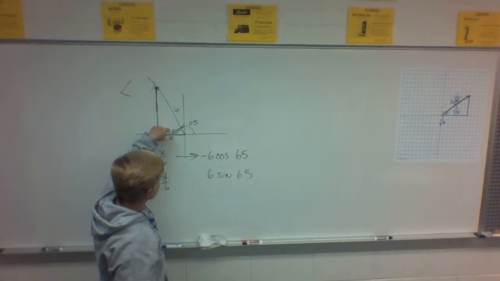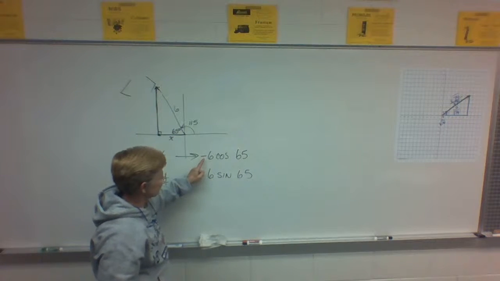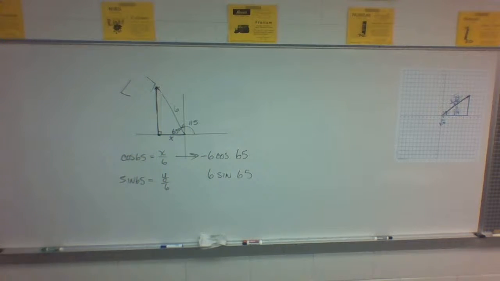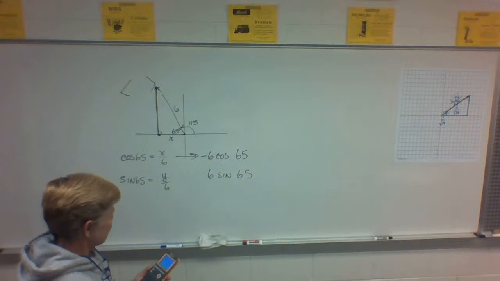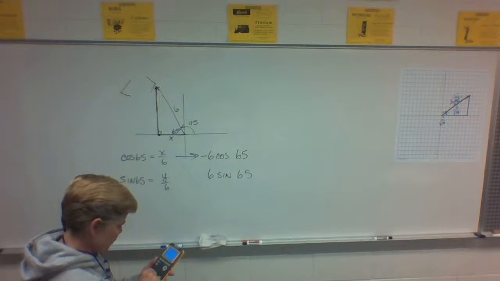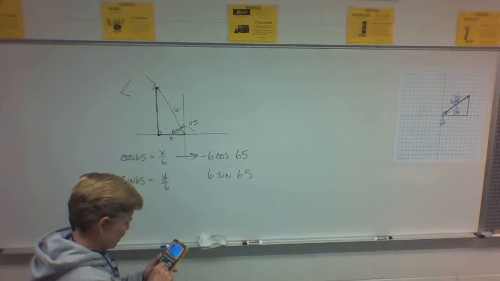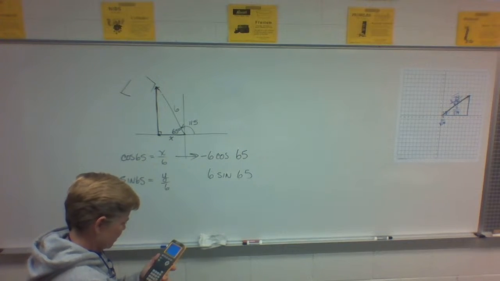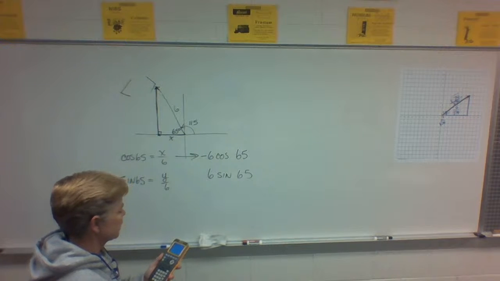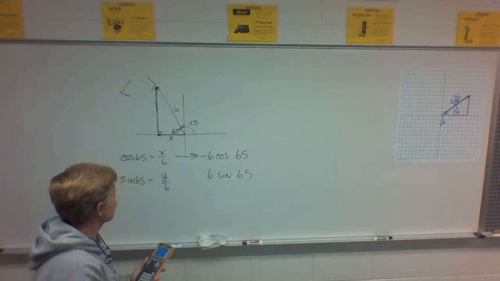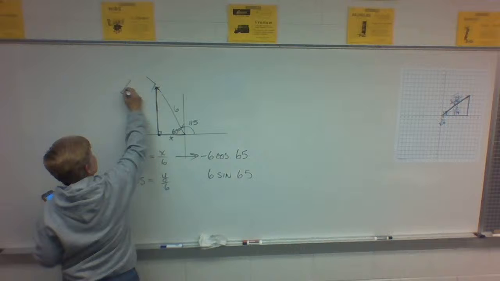Like I said, I like to use these between 0 and 90, and make sure I give it the appropriate sign. So I would do this. I'd grab my calculator, make sure I'm in degree mode. When we deal with vectors, we're usually in degree mode. So grab your calculator, and I do the cosine, or 6 cosine 65, and we get 2.54. It's negative,